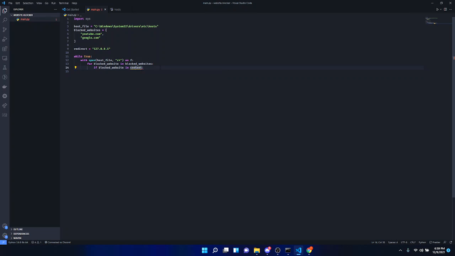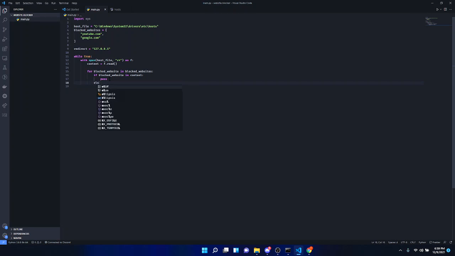Where will we get the content? Of course, we'll get the content by reading the file, and after getting content, we will do all of that.